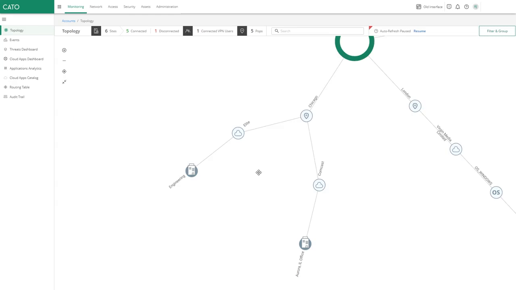You have something actionable and insightful to look at. This is one substantial change to our new management application. We're providing you with the insight and the overview for you to take actionable business insight. Now, it's not just the topology page, and I'm going through things very, very quickly. And there are lots of features I won't be covering here because I know you'll want to explore and play